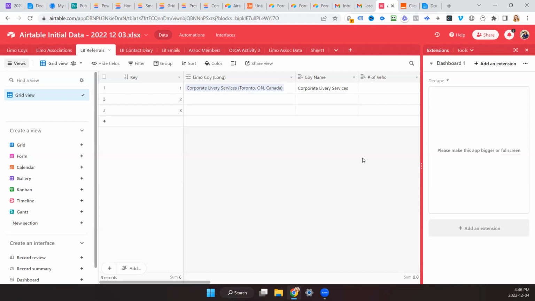When you were talking about interfacing with other things, and you said Stripe, I was looking at this company called Corporate Livery Services. If they paid in January, then they paid in February, could that come from Stripe and add a record to that and say when they paid? Yeah.